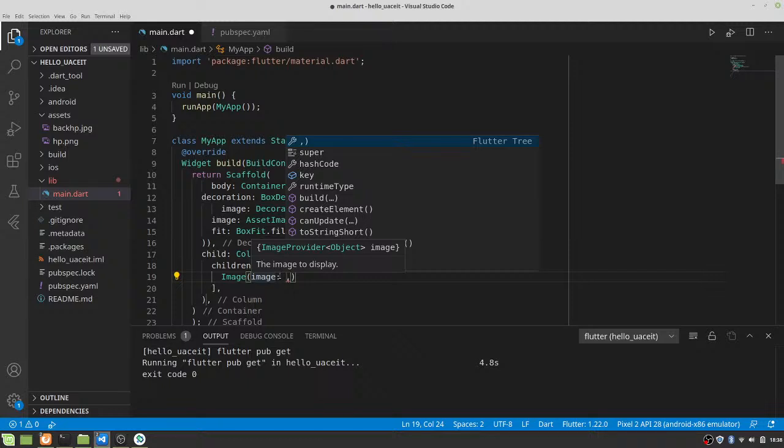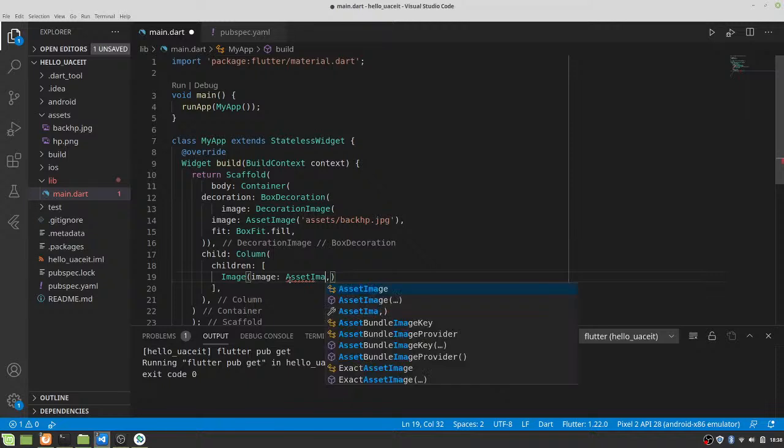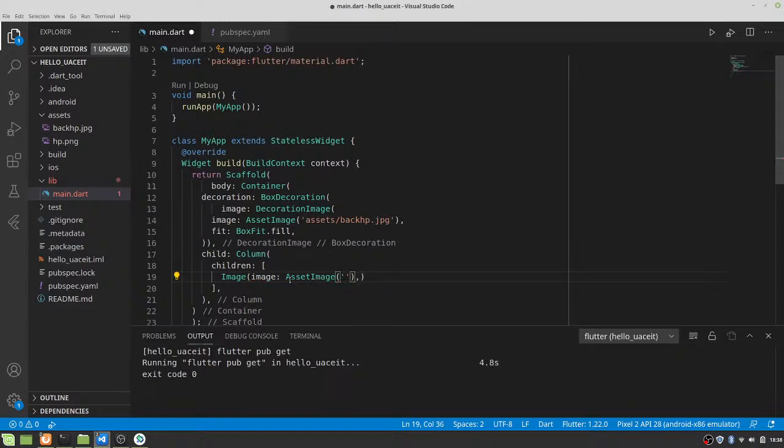Similarly, as we did before, we're going to add the image from the assets. You can also add images from a network and then pass the URL of the image. If you're using something from the internet, you can add that. So here we're going to pass